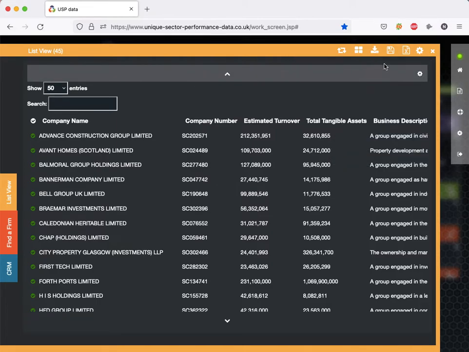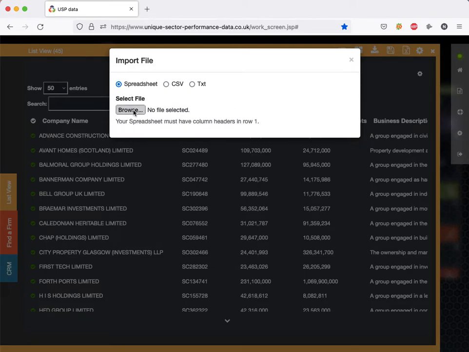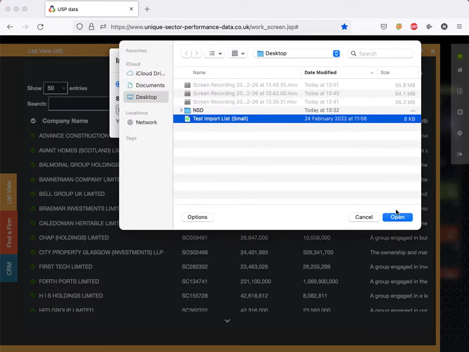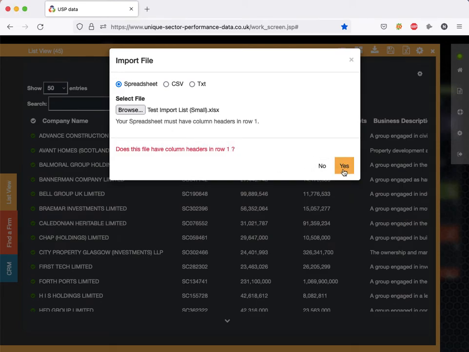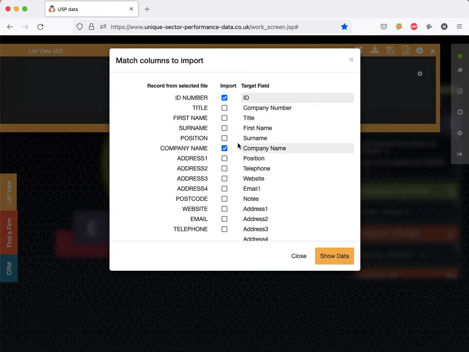Another way you could use this is you could, for example, do an import. So if we do an import of a spreadsheet, and I'll just do this little test here, I'm going to take just the ID number, the company name. See, I'm dragging and dropping and lining up and clicking to lock them in place, and so let's say the website details. So if I just import from my file just this information, then what I can do is put that in